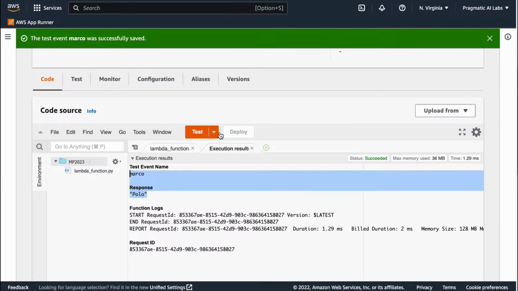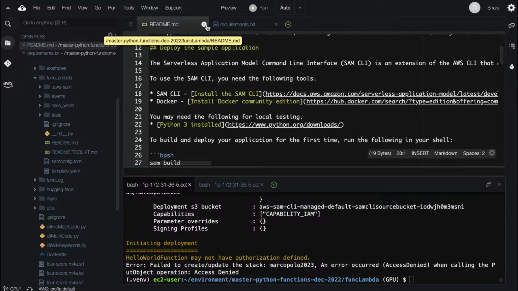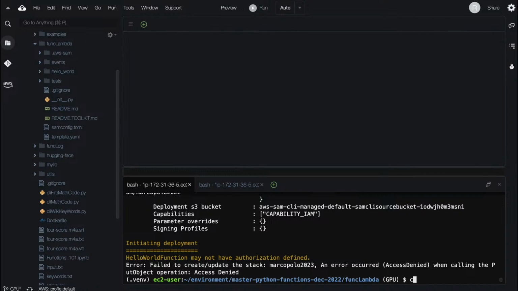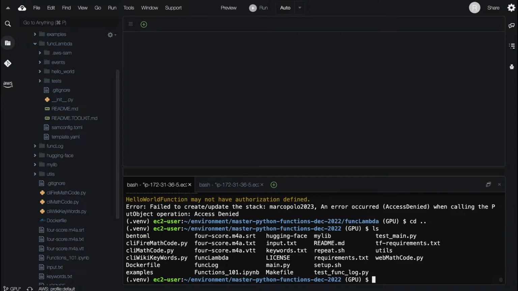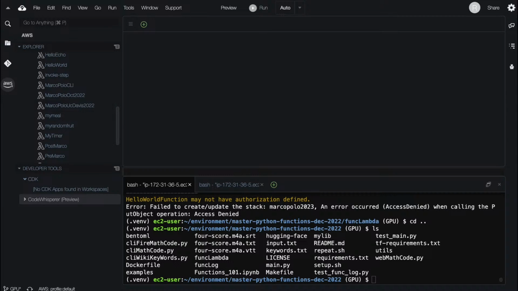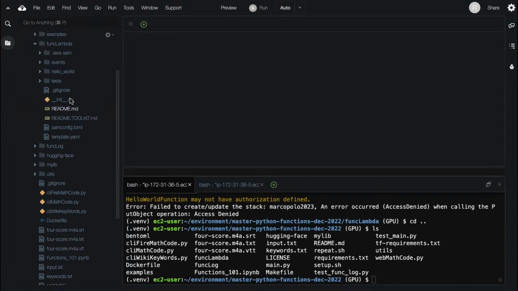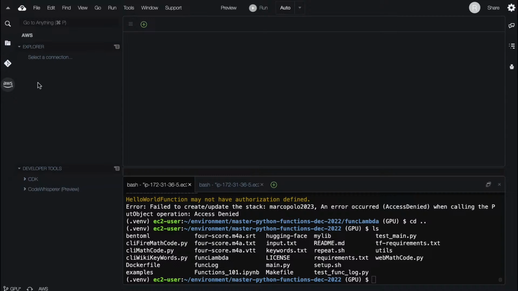Now, what is cool is I can go back now to this environment, and let's just close all this stuff. And this is maybe a fun thing to do: if I go back to AWS, and if we look for, what did I call this thing? I called it MP203. I think I might need to refresh this, and I don't remember how you refresh it, but let's just do that. Go back to this Explorer, find Lambda, and we should be able to see that Lambda, right?